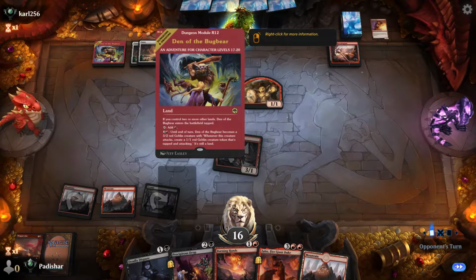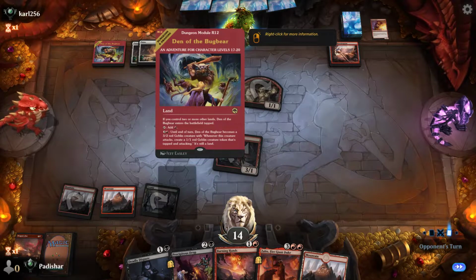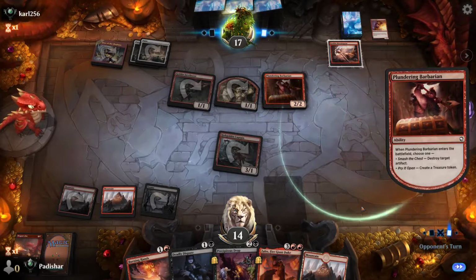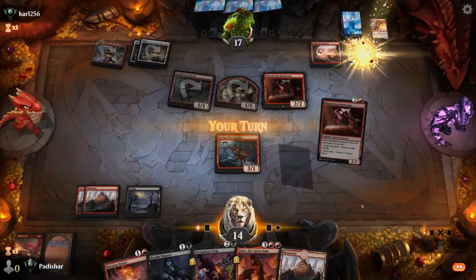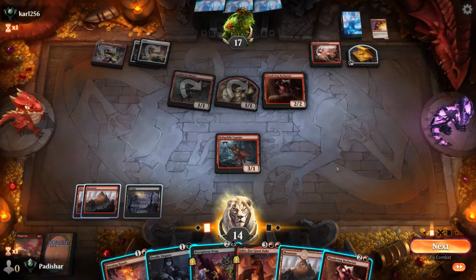But yeah, if they get to 5 mana, they can activate this, and that is... I kind of want to leave the Burning Hands for that. Okay. But I can... Okay, I get the Goblin Morningstar killed now. Am I gonna just...